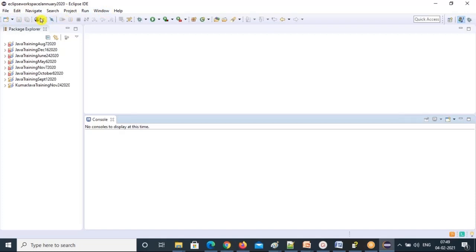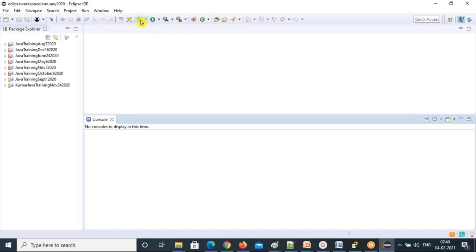Here you also have the Save option. You can save your script, you can save your program by clicking on this. And this arrow down and arrow right is Step Over. You can step over from one step to the next when you are running in debug mode. So this is the debug mode option, it will help us.